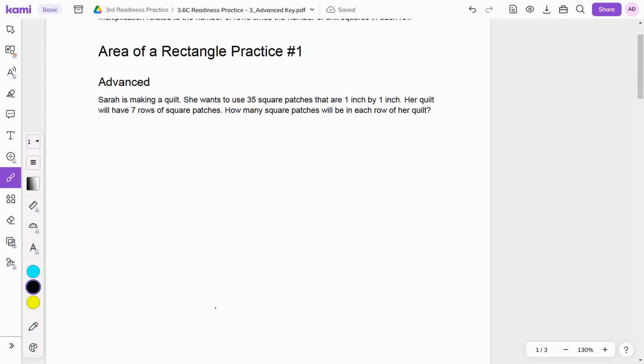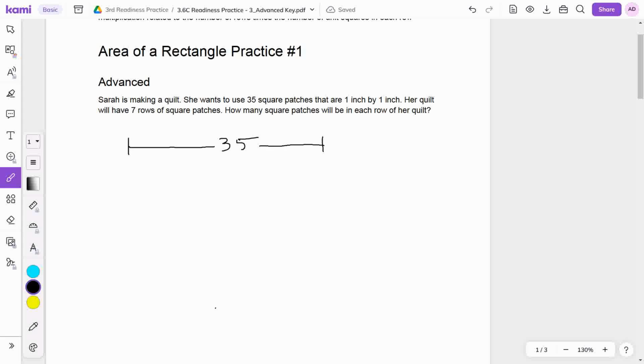All right, so this is actually giving us something different. This is giving us a total. So I'm going to write this 35. I'm going to make a strip diagram just to help us visualize what's actually happening here. So I've got 35 total, and each square is going to be 1 by 1. So we're just looking at how many units it would take to get to the 35, and I need to